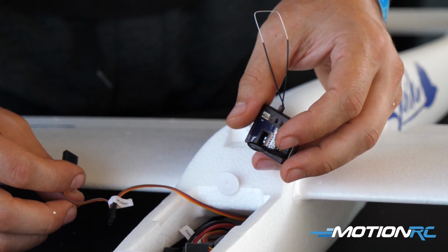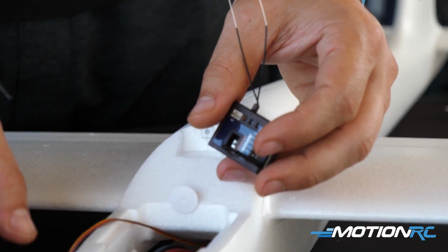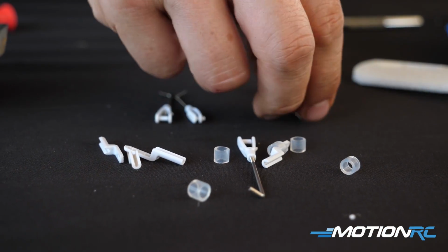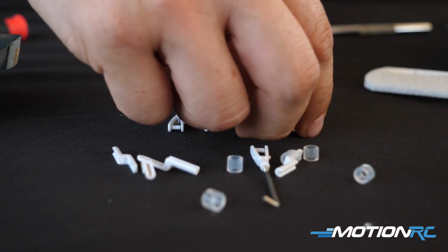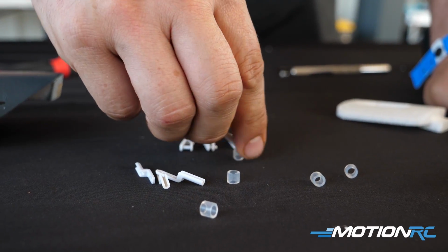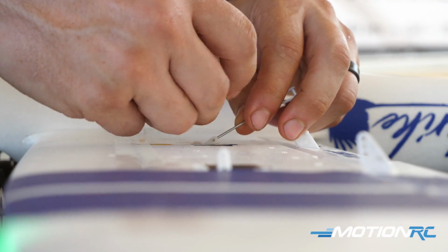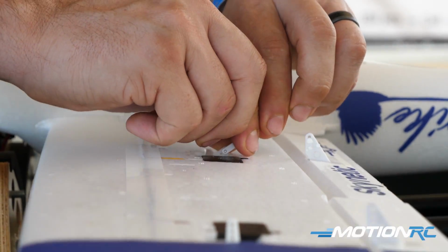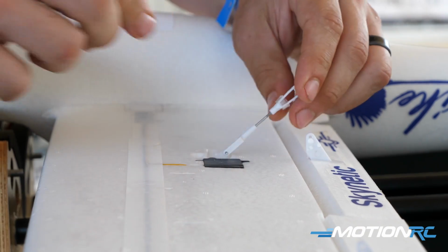So now after that is done, I think your next step, you should bind up your model. You want to get all your servos centered, and I would now do all the control rods and linkages. You'll see, guys, it's very straightforward. They give you 4 control rods, 2 longer, 2 shorter. The 2 longer ones are going to be for your ailerons, and the 2 shorter ones are going to be for your flaps. So once you get those assembled, then unplug your model and let's work on the prop,